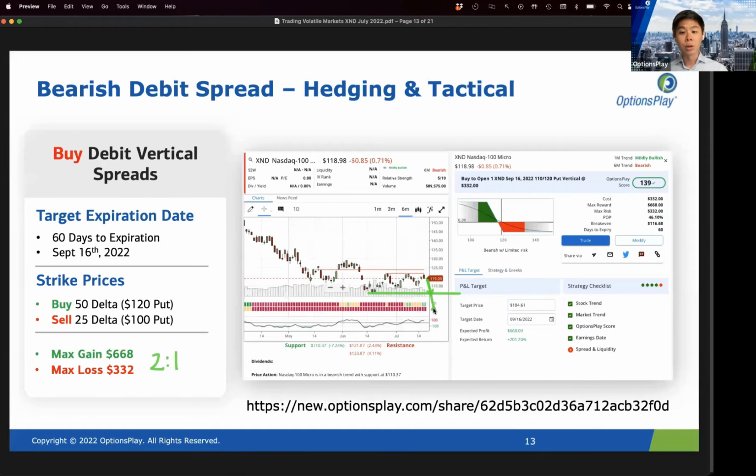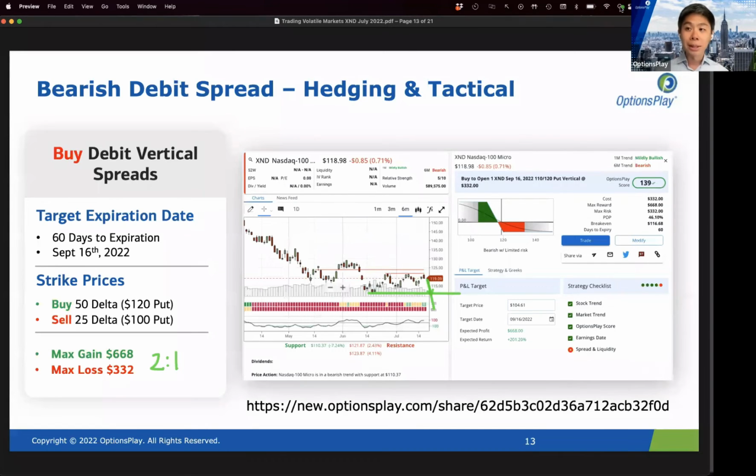or so. I do think that this could break down even further. If we do see that, I'll likely roll these strikes down as they start to move towards that lower strike, and keep moving my strikes down. But right now, looking at a relatively long 60-day window for some short-term traders, encompassing the full earnings cycle, we could see equity markets lower by the end of this earnings cycle. And I'd like to get paid a 2-to-1 risk to reward ratio for that